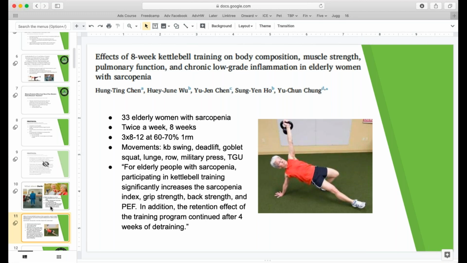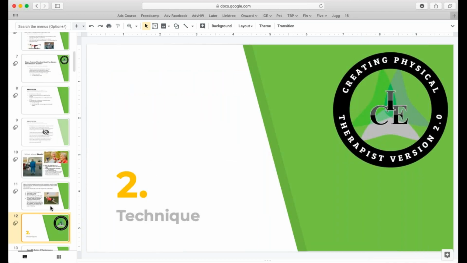And there are so many other studies in this older adult population that we could reference here, basically just screaming our need to load people better and do more functional movements such as the deadlift, but we won't go through all of those. So that we can spend a little bit more time diving into the technique of the deadlift and what we want to see from proper deadlift form, and what are the things that we don't want to see, and then how do we actually go about programming that with the patients that walk into our clinic,